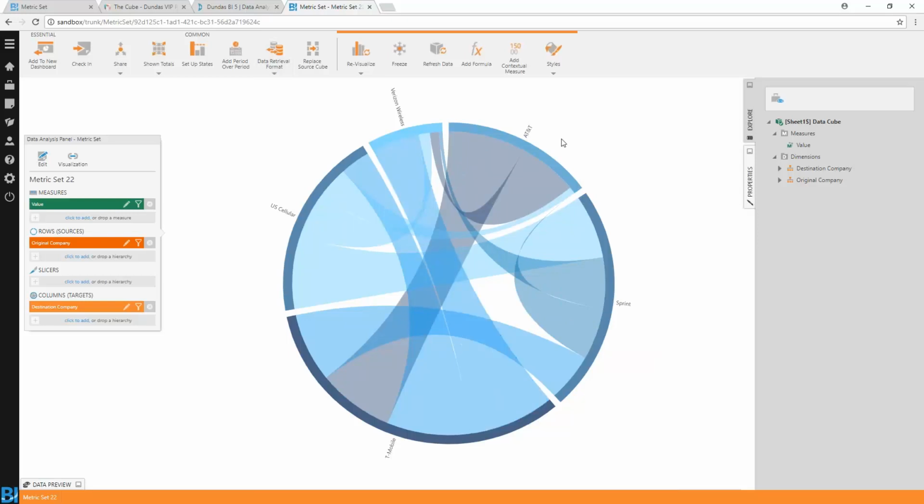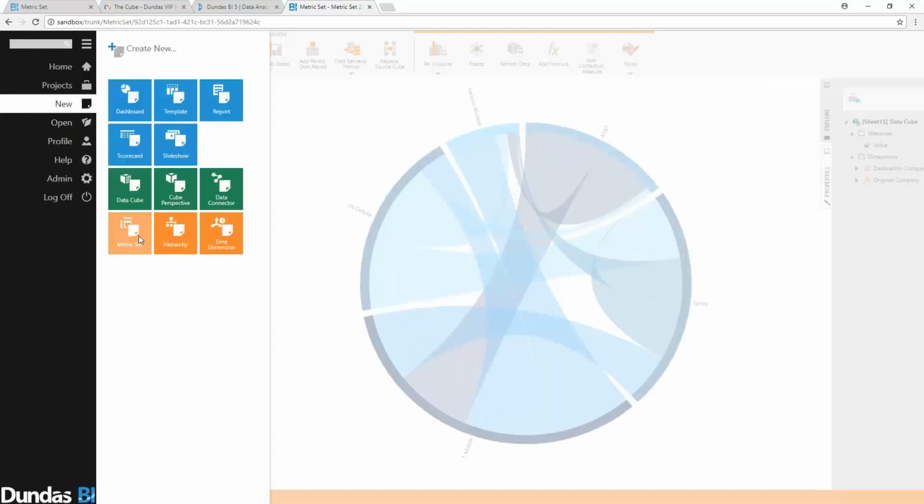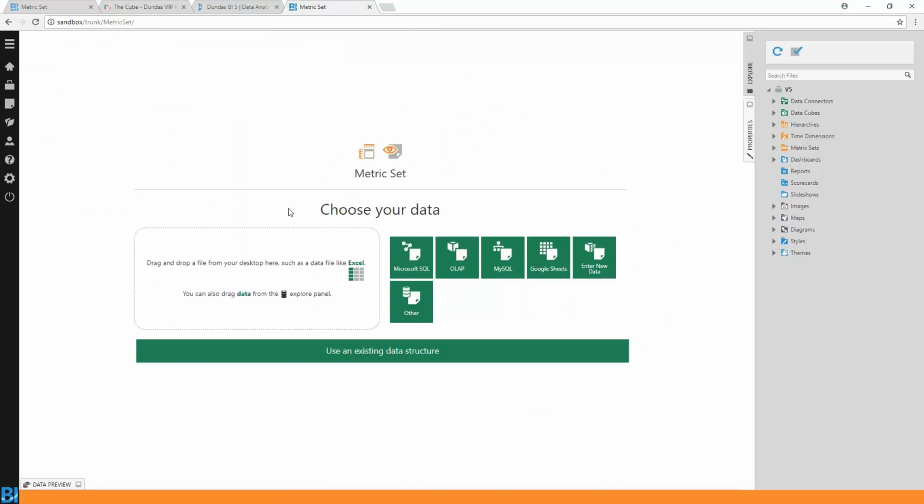Now, the next area that I want to show you is around new types of interactions that you can use on the data to basically group your data in a very custom way. And there are two things I want to show you here. The first one,